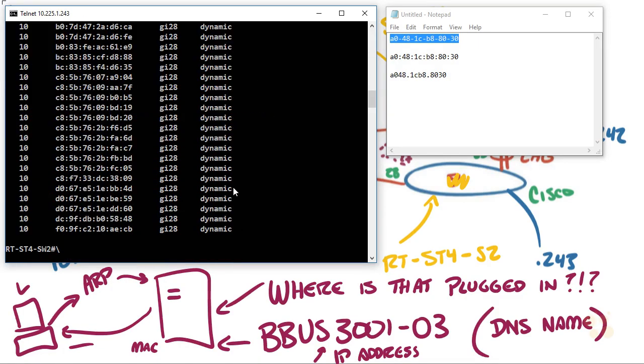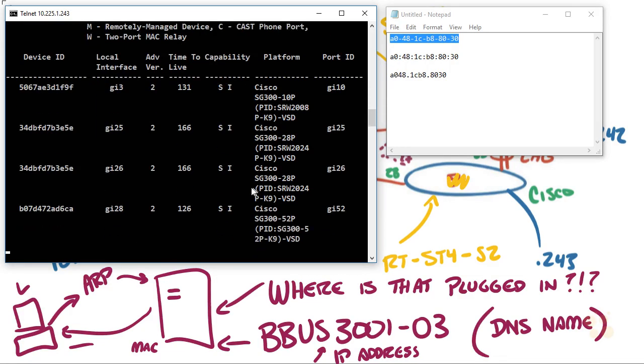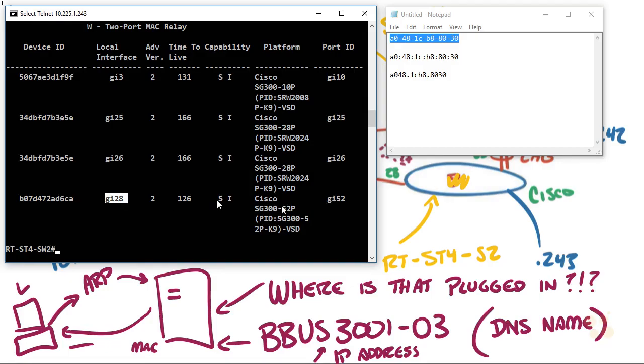So then I will go show CDP neighbors if I'm on a Cisco switch, and I'll say, okay, port 28 connects over here to port 52 of this, and that's where I usually have a paper napkin next to me, or at least a sheet of paper, and I'm starting to draw what things are connected to what. So I go, okay, then the server must be over there on that switch, which at least is a point